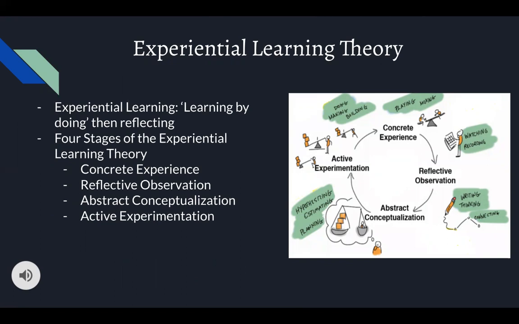To understand the specifics of the experiential learning theory, it's important for us to identify and understand what experiential learning is. Experiential learning is basically having specific techniques or mechanisms that someone can use and implement in order to meet certain learning goals or to acquire information. So, learning by doing, then reflecting. There are 4 stages of the experiential learning theory, and as we will understand a little later, they don't specifically have to go in order.